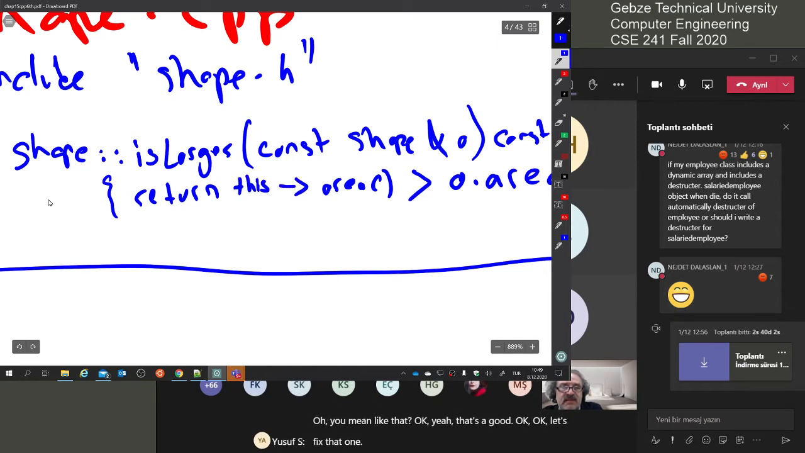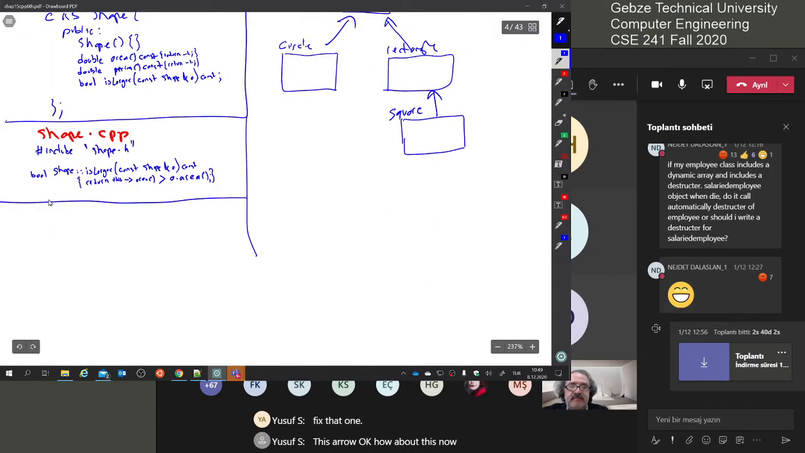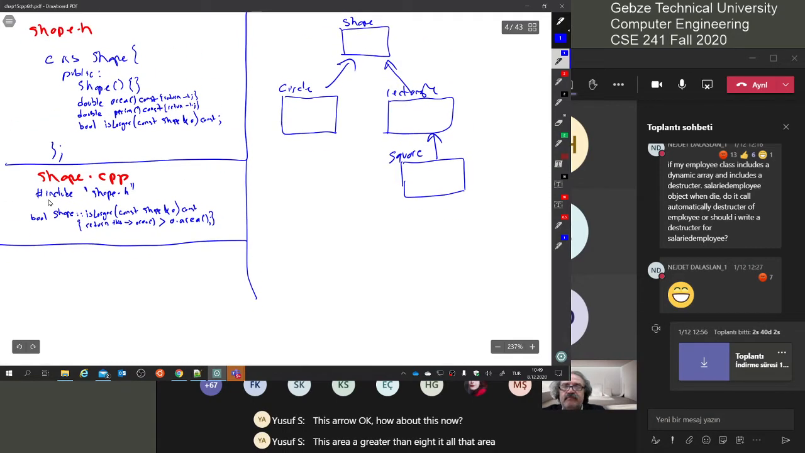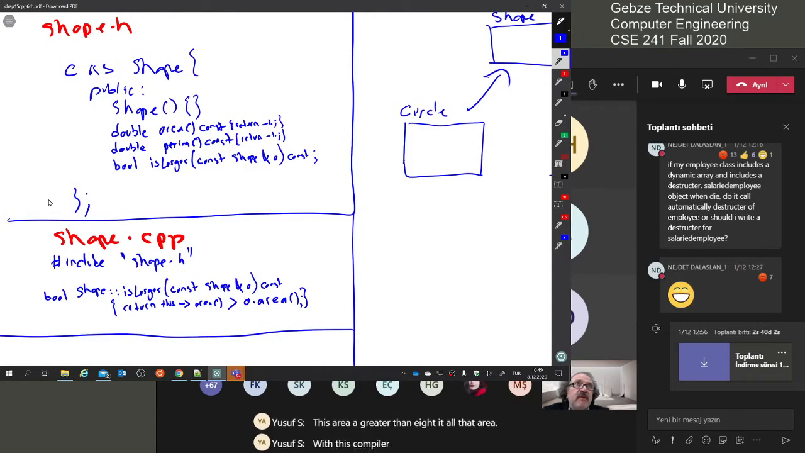This arrow. Okay, how about this now? This area greater than O dot area. Would this compile now? Yes. It should compile, no problem. Okay, so,